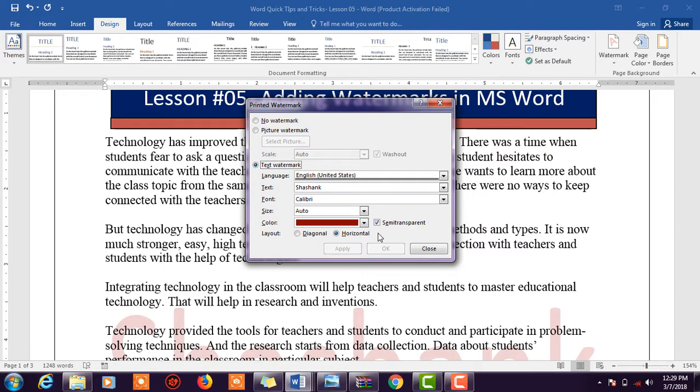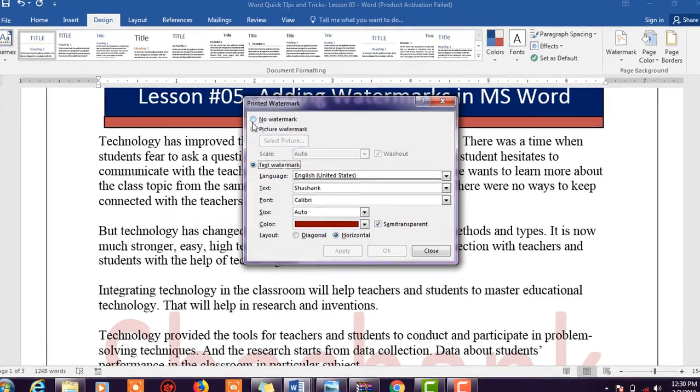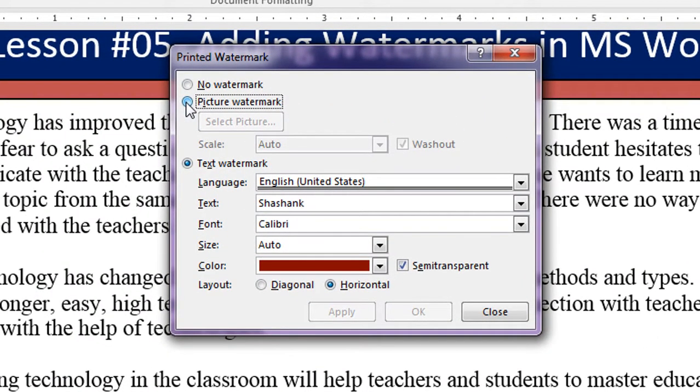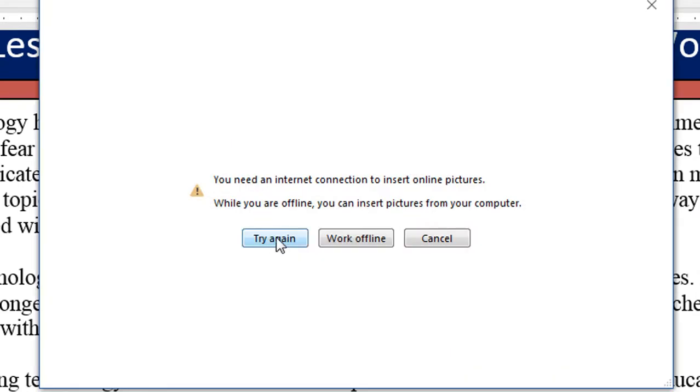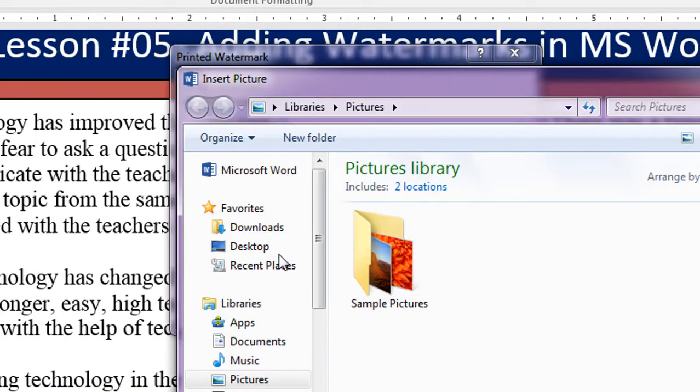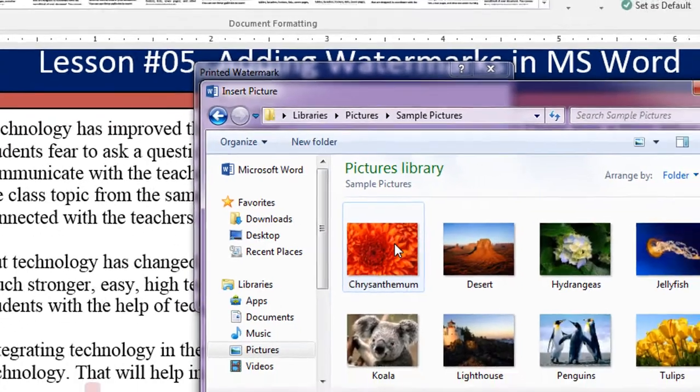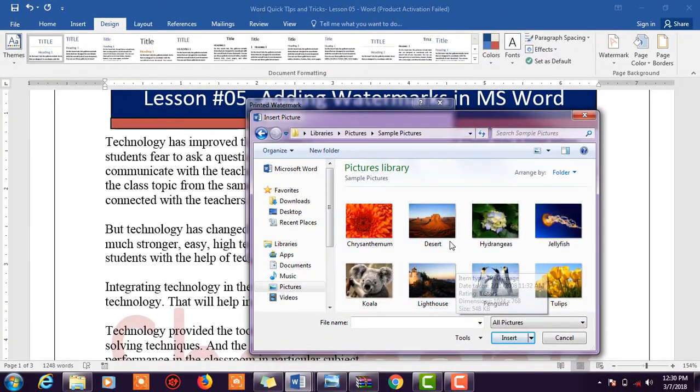But in case you want to add picture watermarks in your documents, you can simply go to picture watermark, click here and select picture. You can go online, or if you have pictures saved on your desktop or your PC, you can go to the offline option. Simply I want to use sample pictures. So these are sample pictures available. I want to add one of them, so I will choose the tulips,